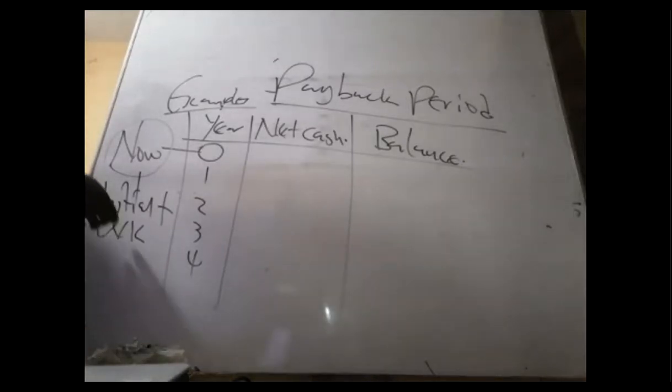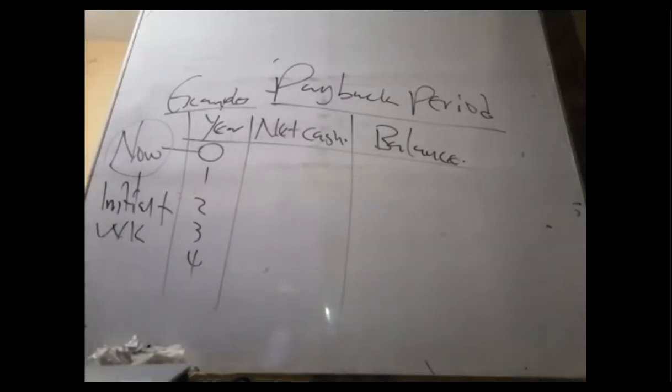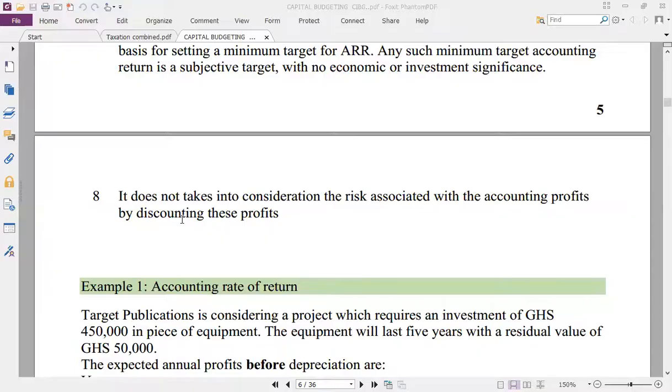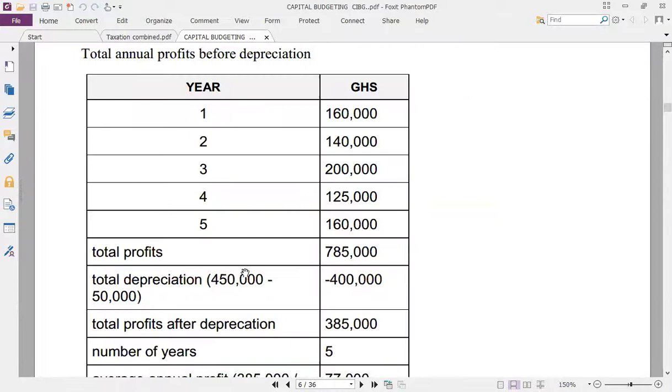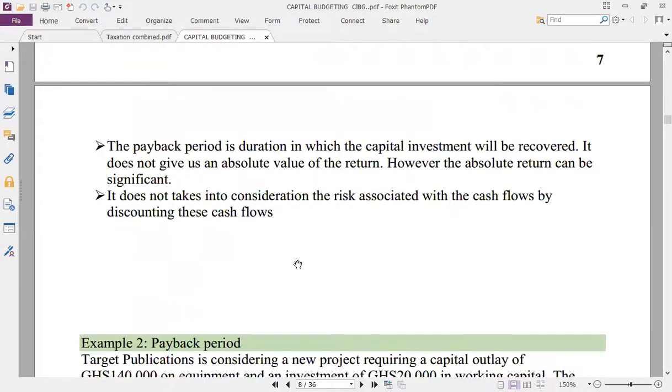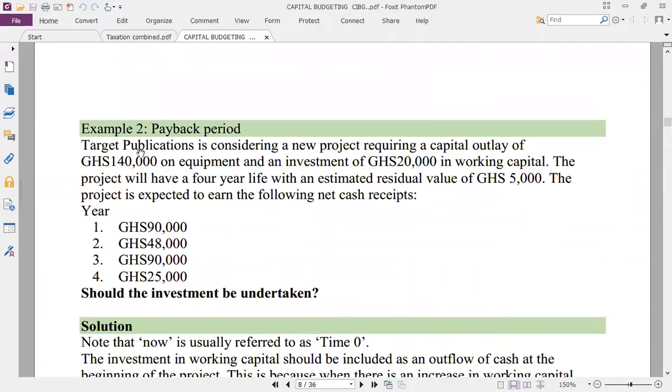So add your working capital to initial capital. Let's go to this question, the one we just solved. The initial outlay is 140, working capital is 20, so that will give us 160,000. Okay, so I'll put the 160,000 here